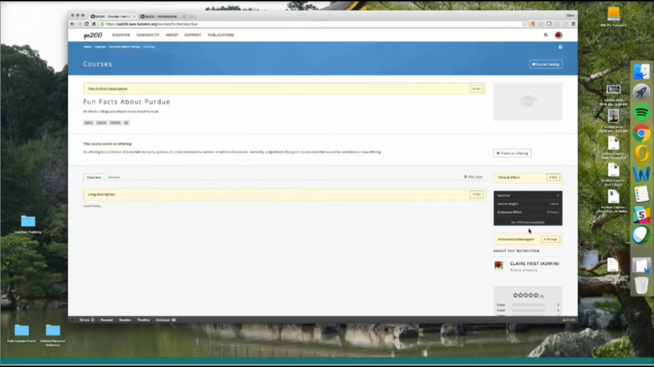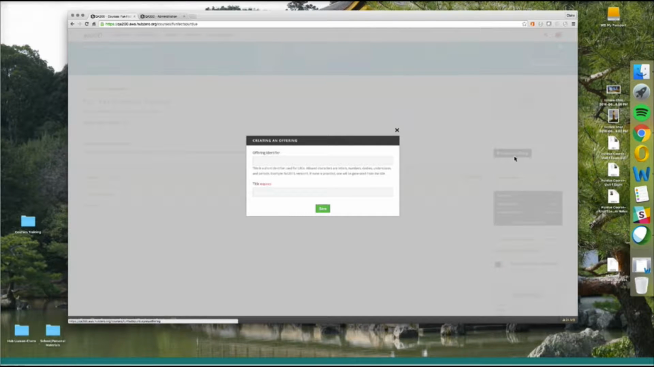So what I would want to do is first make sure that there is an offering. So what an offering is, basically, is the segment of time that this course is available. For example, you can have a default offering that is on all year round, or you could have it more specifically set up so that it's spring 2016 or fall 2017, depending on when you want to actually host